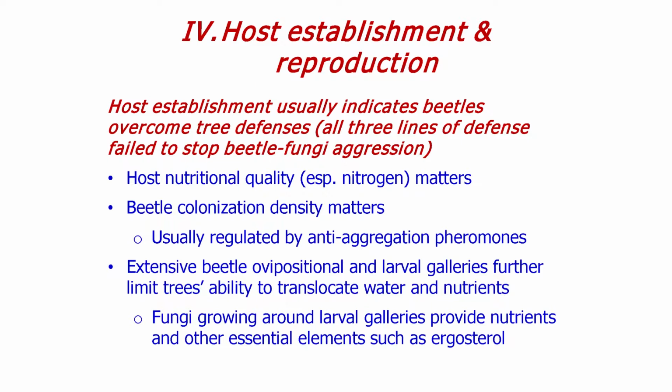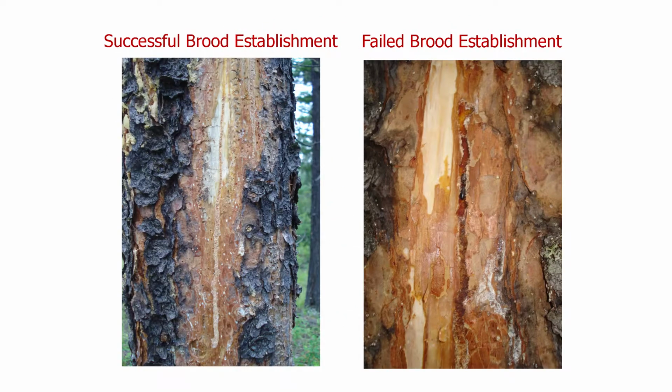Again, the colonization of host tissues with fungi seems to be really, really important. Here's a successful colonization and here's an unsuccessful colonization. Even in the most resistant trees, beetles can still attack and tunnel. One thing is missing: they cannot lay eggs. They fail. We've seen a lot of examples of this kind of tree right now in